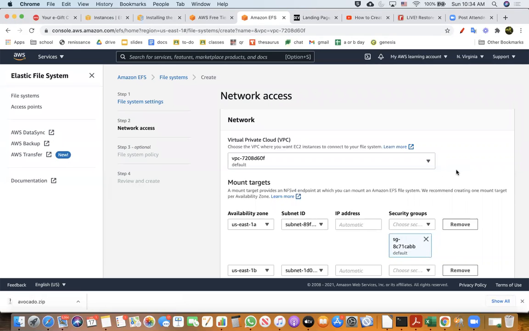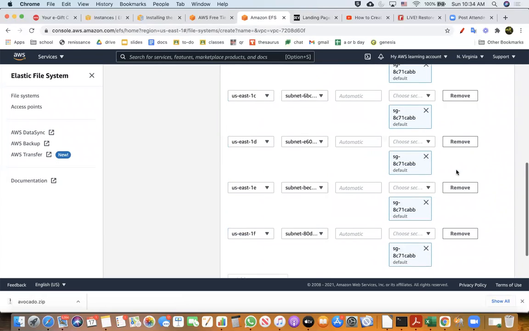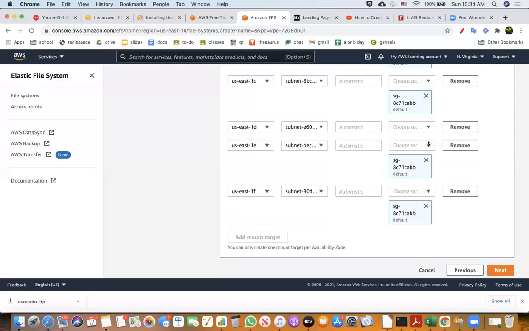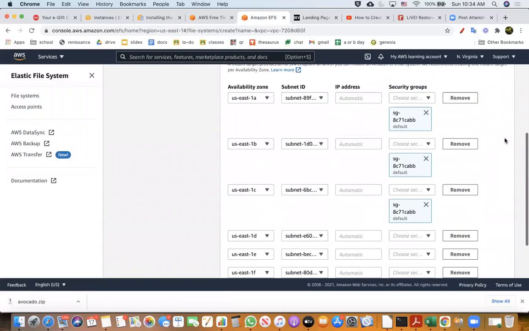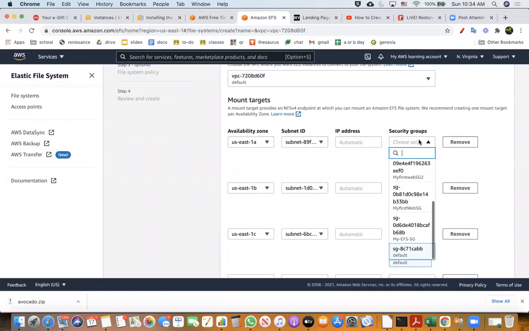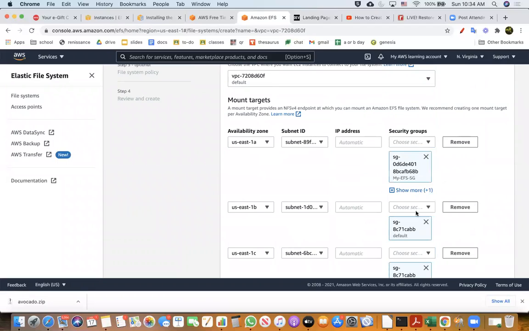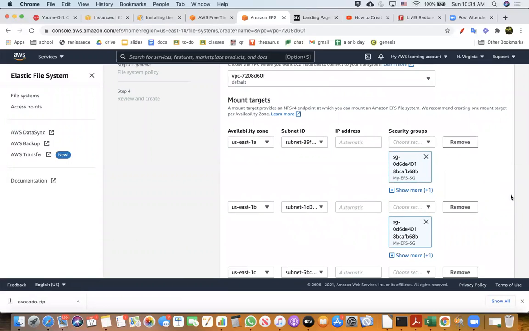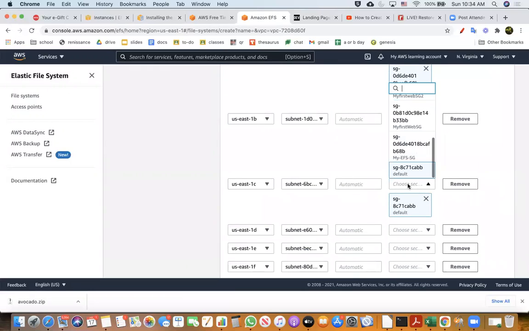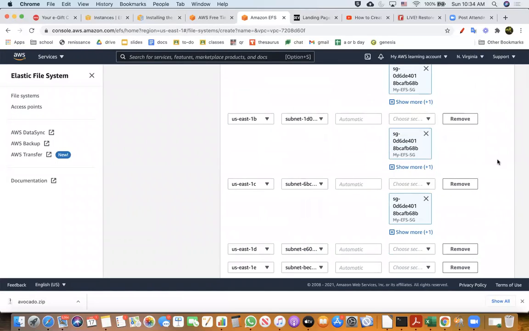Okay, I don't want a security group in all of the availability zones, so I am deleting some of them. You can choose to keep everything, but I am doing this just for the purpose of the demo. So I am choosing the EFS security group here, for all 3 availability zones.